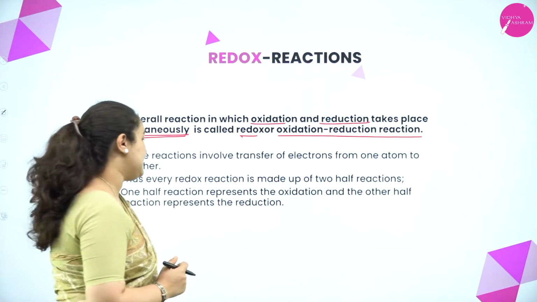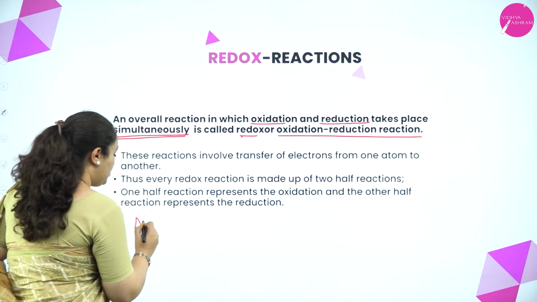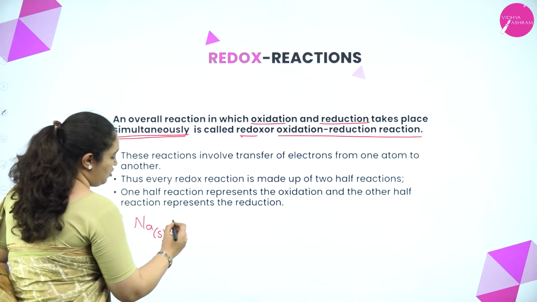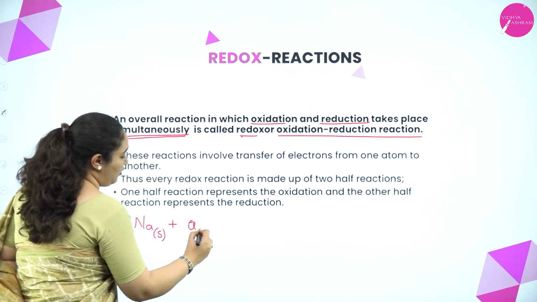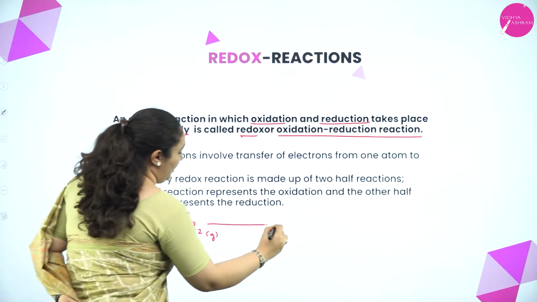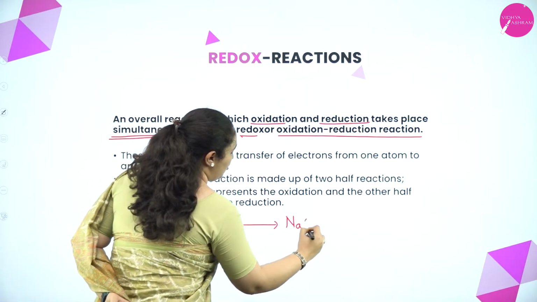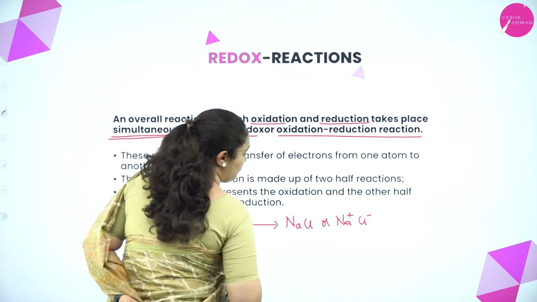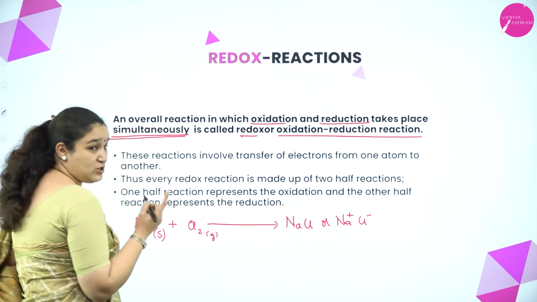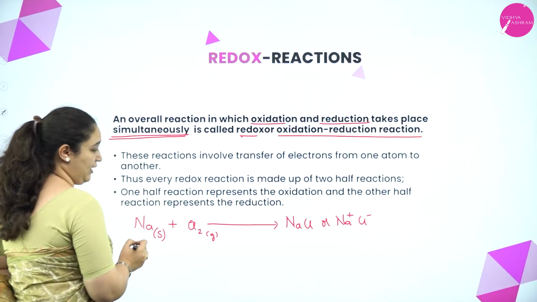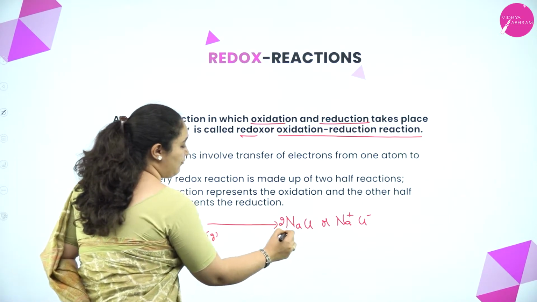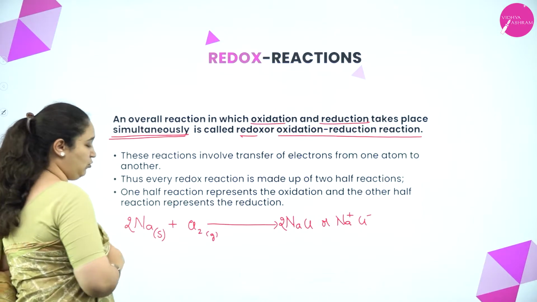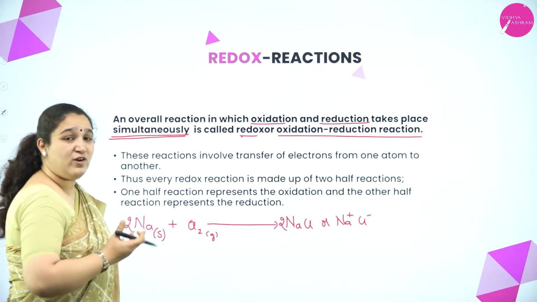So, what exactly is happening here is, we take sodium, which is a solid metal, and we take chlorine gas. Okay? And you will get sodium chloride, or I can write it as Na plus Cl minus also. Of course, to balance the equation, here I have 2 chlorine atoms, here only 1. So, I will have to put 2 over here and 2 over here. This is the overall reaction.